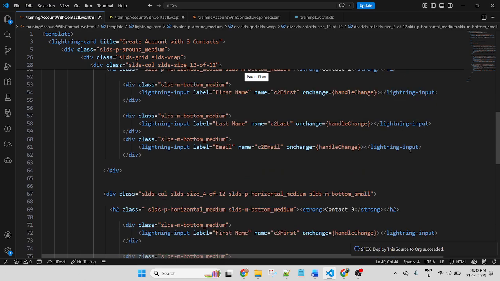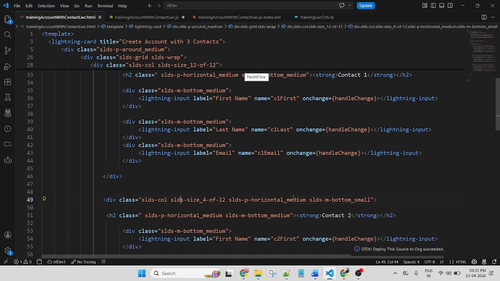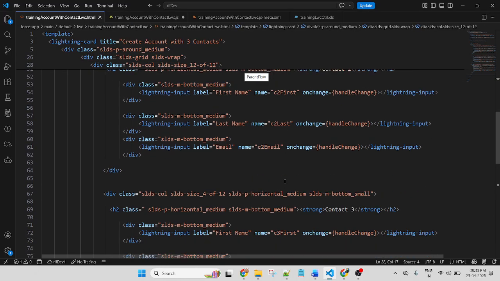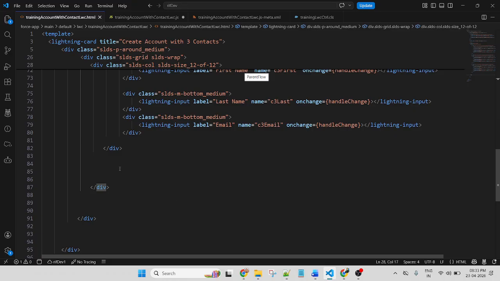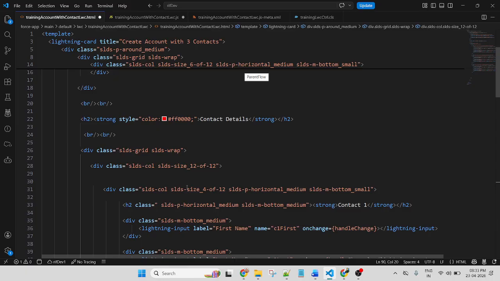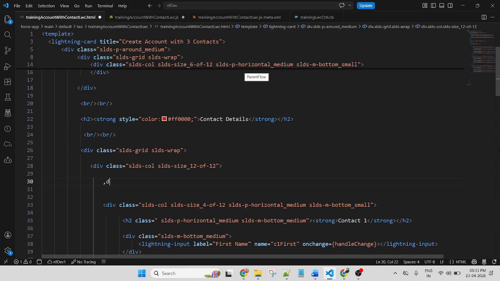This one. Okay. So this is an SLDS column size 12. This is a closing tag. So give an extra space so that I can identify. And here we use another one, right?